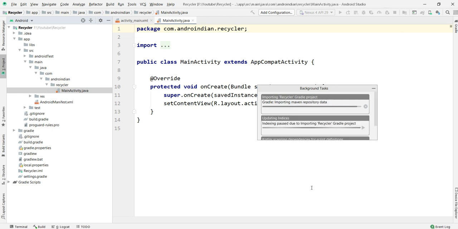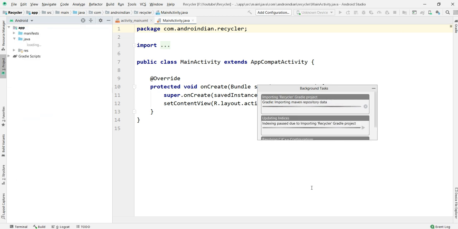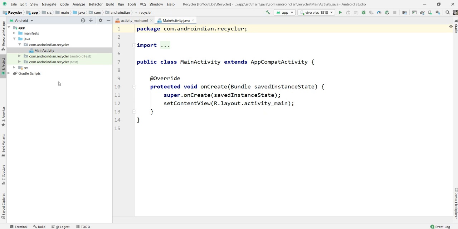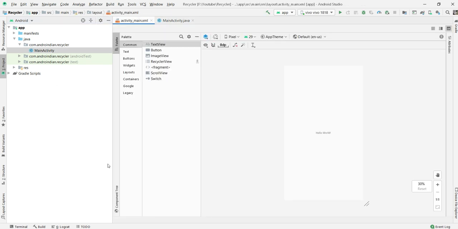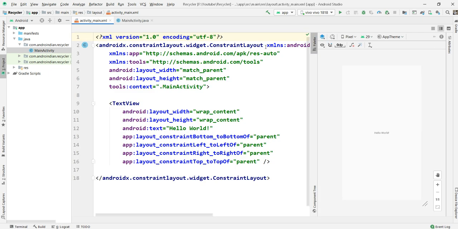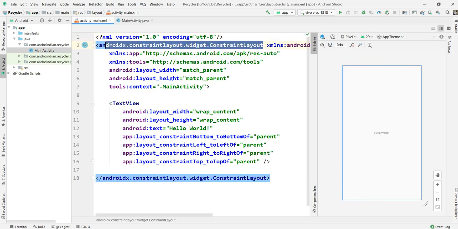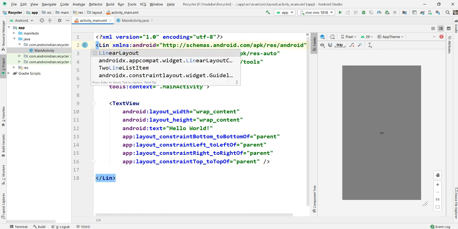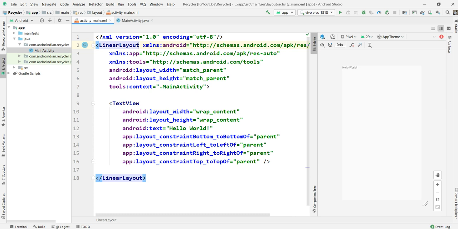Here I want to show one image plus one name plus one number. So this is our basic view.